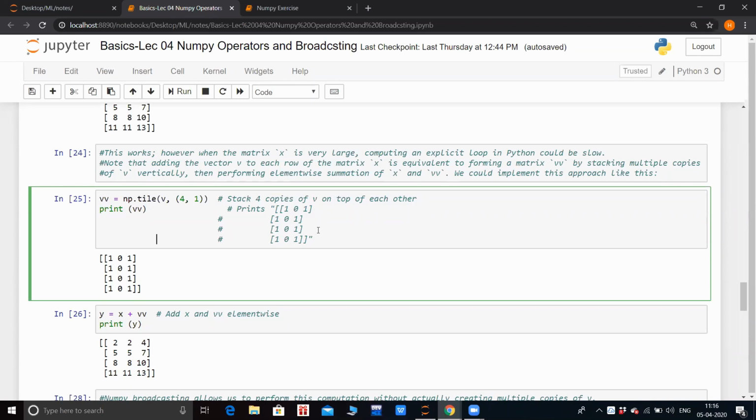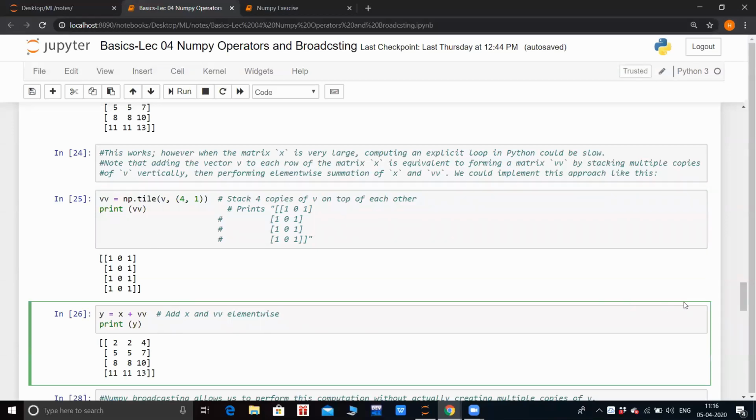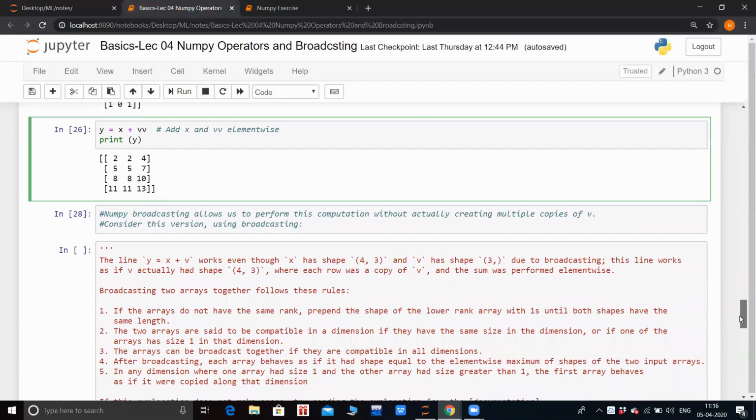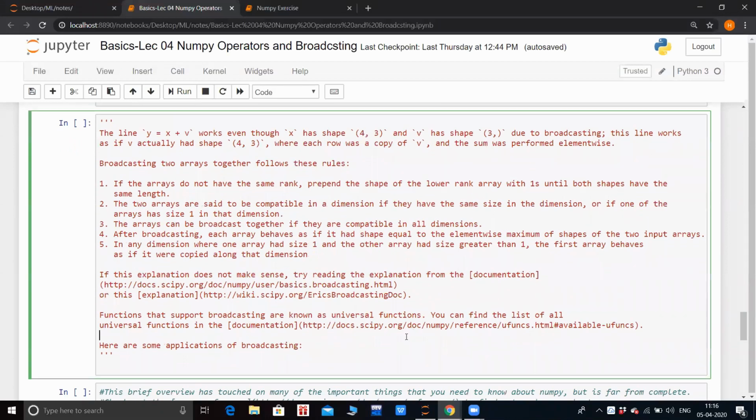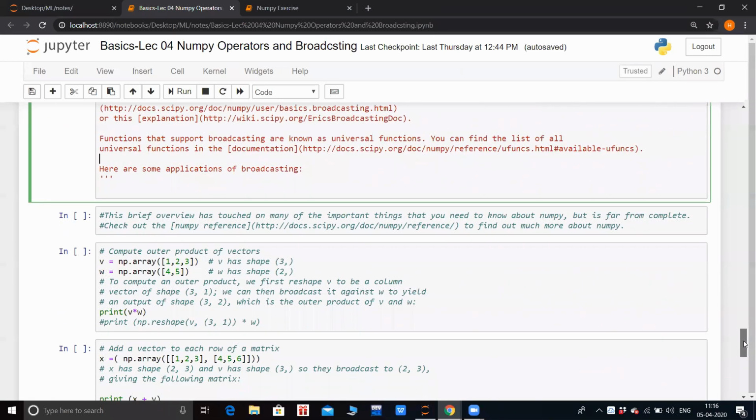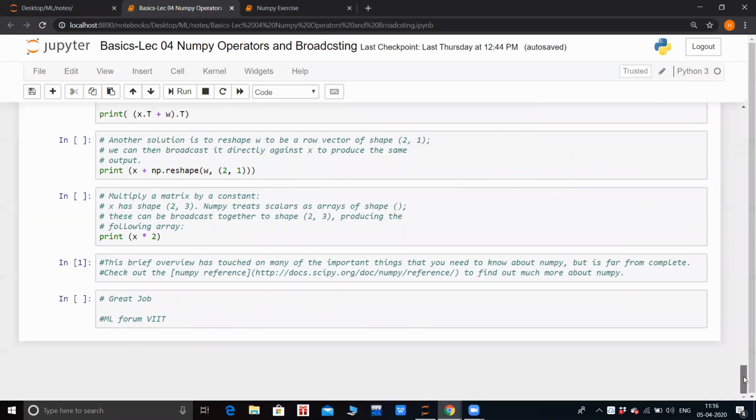So you can see 4 copies of the same array get generated. Then again, a normal addition, subtraction, etc. has been done ahead. You can read this. We have shared the explanation regarding broadcasting of 2 arrays following rules. You can just read them. We have shared these documents, the notebooks, and just read it ahead.